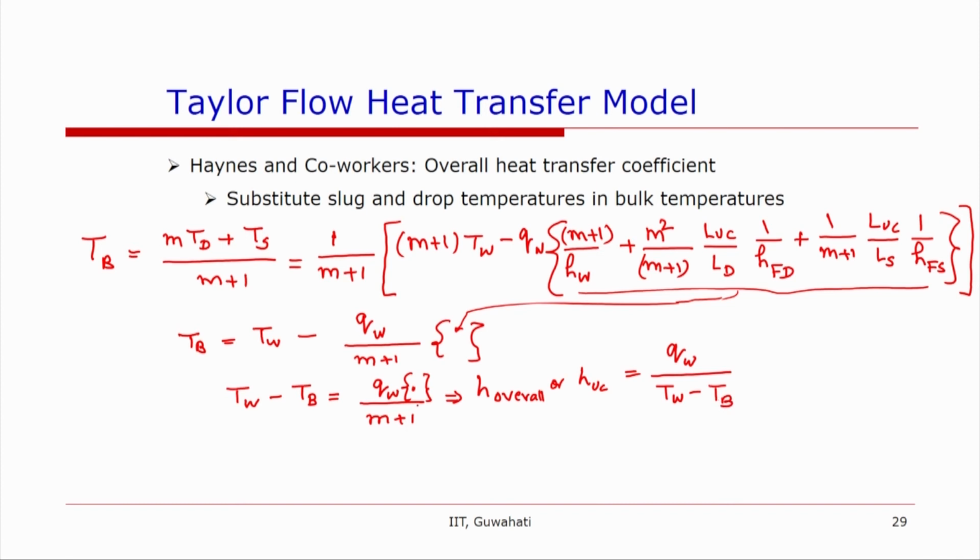So, from this relationship we get 1 over H_UC is equal to 1 over H_W, as one can see this m plus 1 and m plus 1 will cancel, plus m over m plus 1 squared, m square, and we have one more m plus 1,